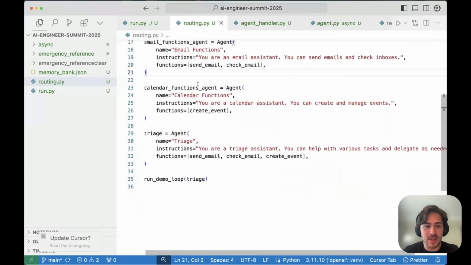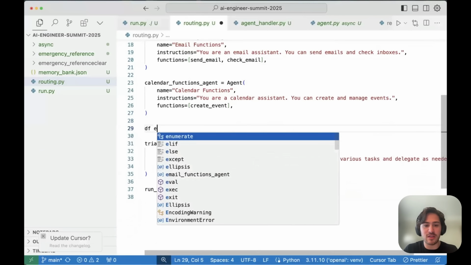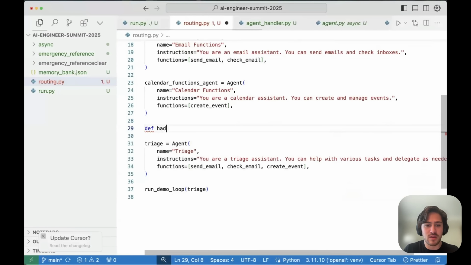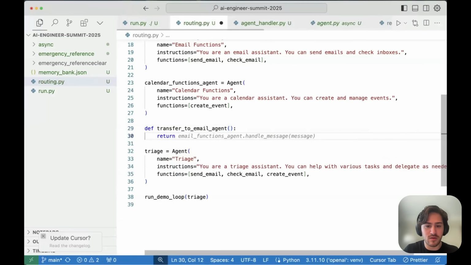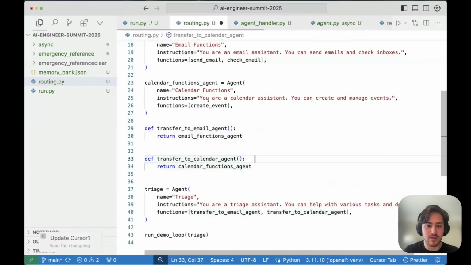But yeah, the special handoff functions here are, transfer to email agent, and I'll return email agent, and then cool.